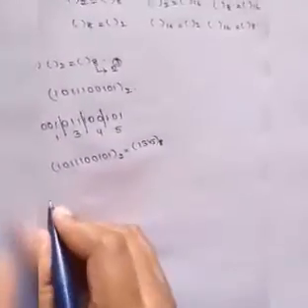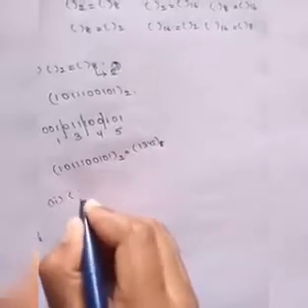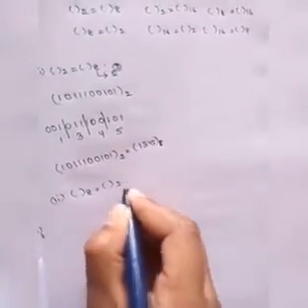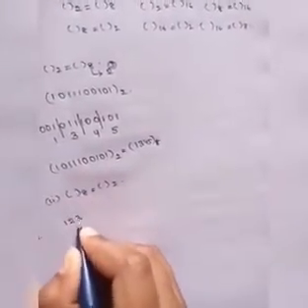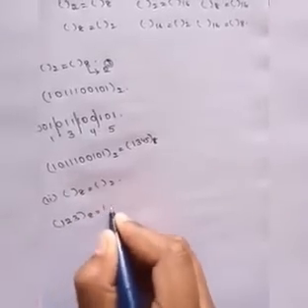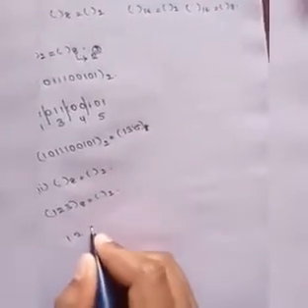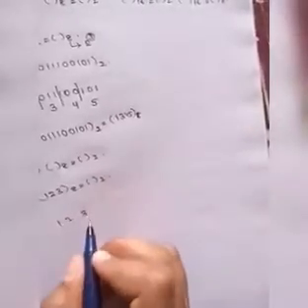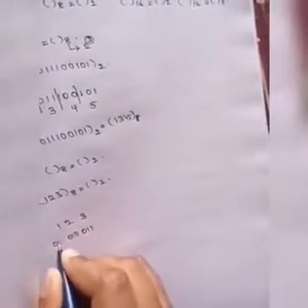And now the second one is conversion of octal to binary. In this I will take the example of 123 to the base 8. I have to convert it into binary. So 1 2 3, I have to represent it in binary, so it should be zeros and ones only. So 3 means 0 1 1, 2 means 0 1 0, 1 means 0 0 1.